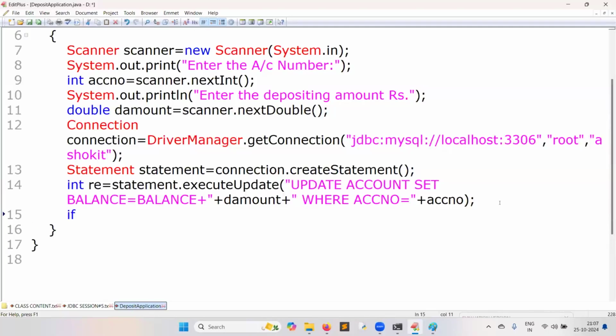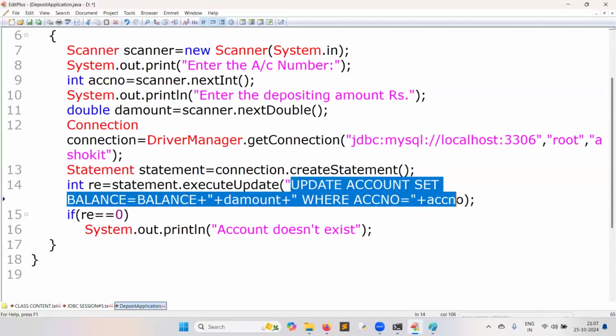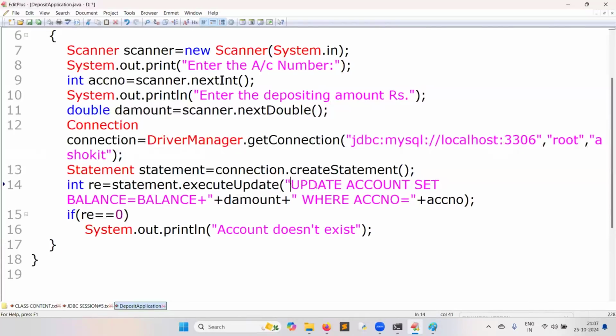int re. Observe, if re equal to 0, System.out.println, "Account does not exist." Very important new thing you are learning here. Assume with that number no account is there. How many records will be modified?